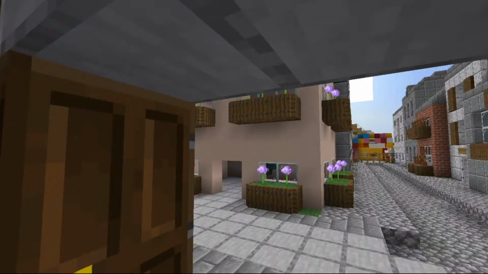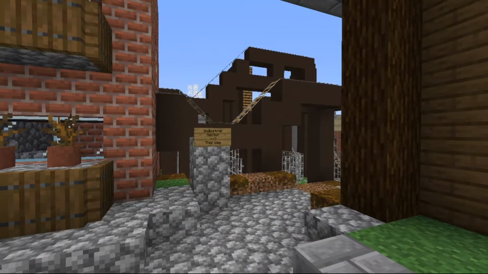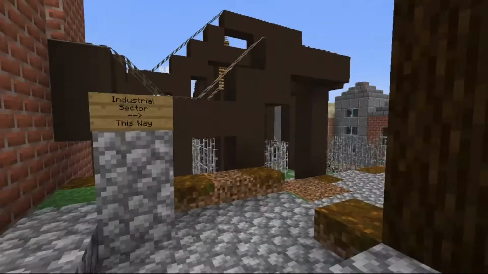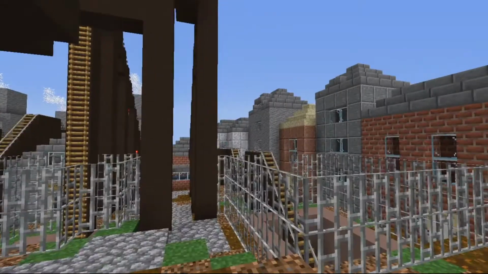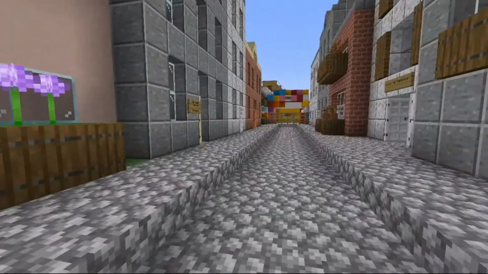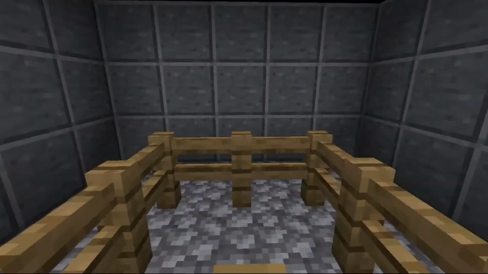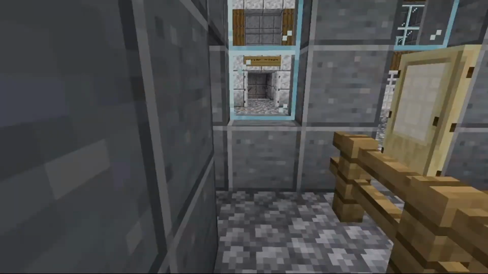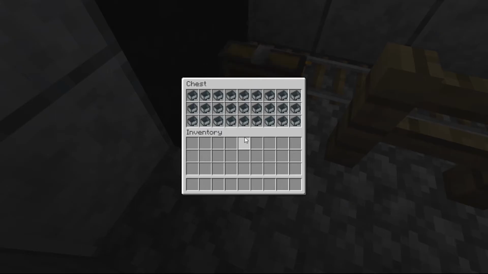I put signs in. I tried to make it look as though there's actual construction going on at the parts I'm still building. So I put a preview centre in there, and this is an overview of the industrial sector in the Victorian area. And sticking to the Victorian theme, I've done a Charles Dickens dark ride based on A Christmas Carol, which is one of his most famous